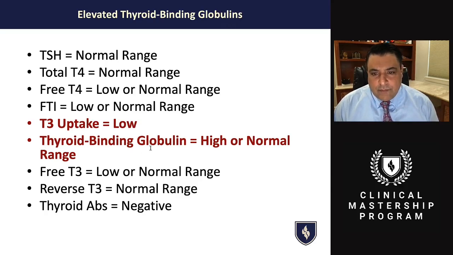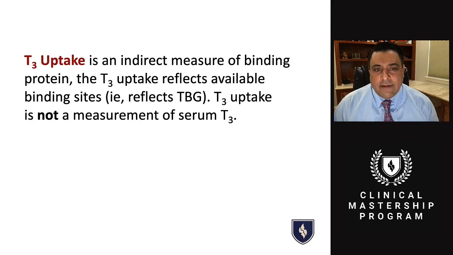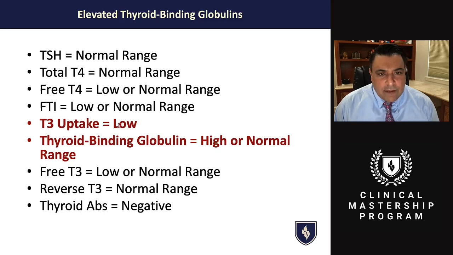And if you actually measure the thyroid binding globulins, they can be high or low. But the best marker is actually the T3 uptake. T3 uptake is an indirect measure of binding protein. It reflects available binding sites. T3 uptake is not a measurement of serum T3. Now, what you're going to have to understand about this pattern is it doesn't impact TSH, and it doesn't impact total levels. The free levels may be low or normal, whether it's free T3 or free T4, but it's really the T3 uptake that's abnormal. So let me try to explain this concept to you